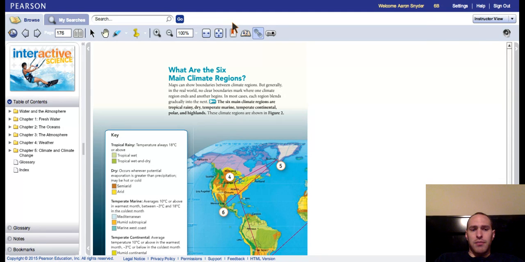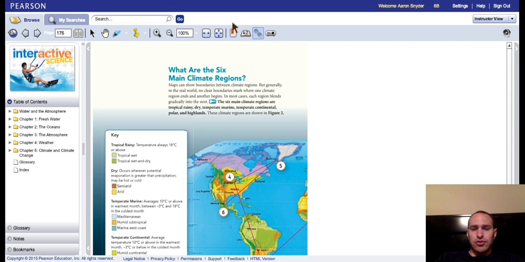So one of them might be, oops, sorry, say I do dry. Now these climate regions are based off of their temperature and the precipitation. So if I'm thinking about a dry climate, it's probably a very hot climate, and it also has very little precipitation. Now if you look in your books, it tells you exactly what kind of precipitation and what kind of